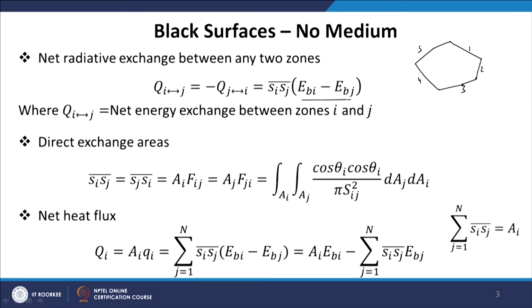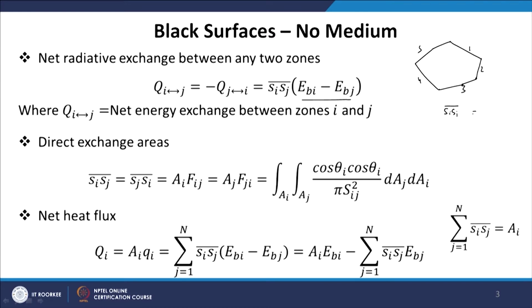So, Sij is defined as the exchange area or direct exchange area between surface i and j. Direct exchange area means energy transferred from surface i and directly transmitted or absorbed by surface j without encountering any reflection. When we have participating media, this Sij will be subjected to absorption but not scattering. We will see how this will be affected when we have a participating media, but for the time being here